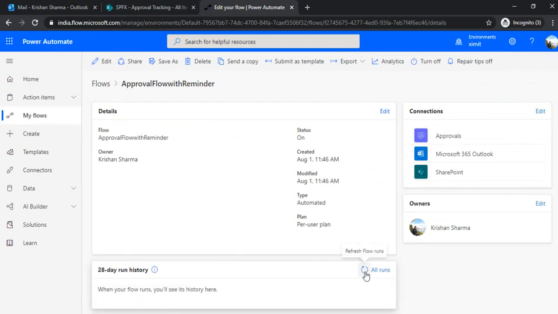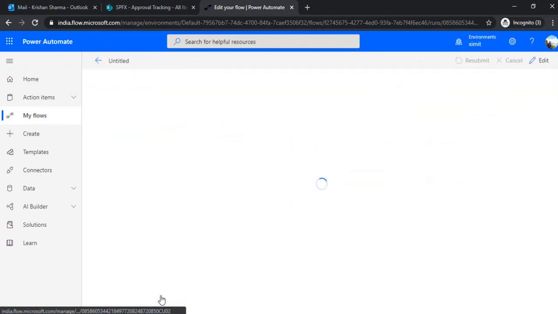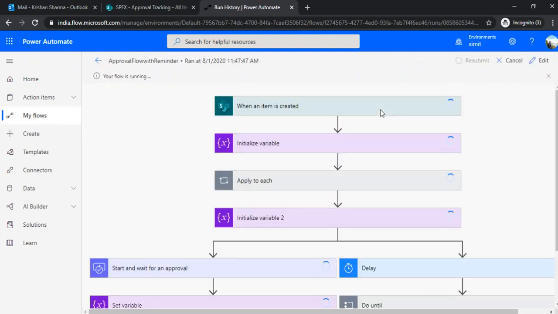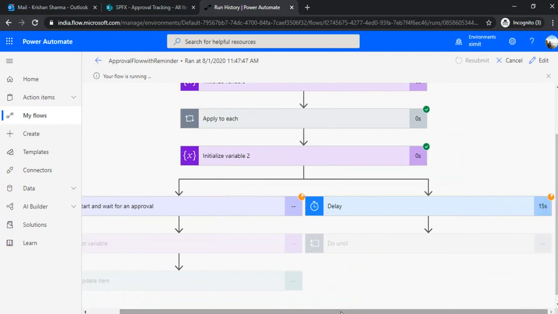We'll go back to our flow to see whether it ran or not. Okay, so it's running. I'm clicking on that, and I can see it's giving that yellow sign. That means it's waiting for this task and it's waiting for this delay.